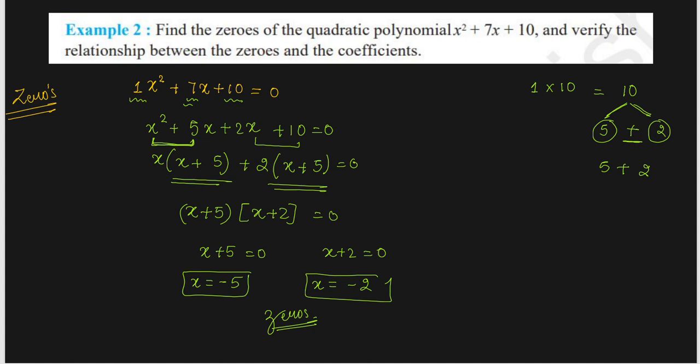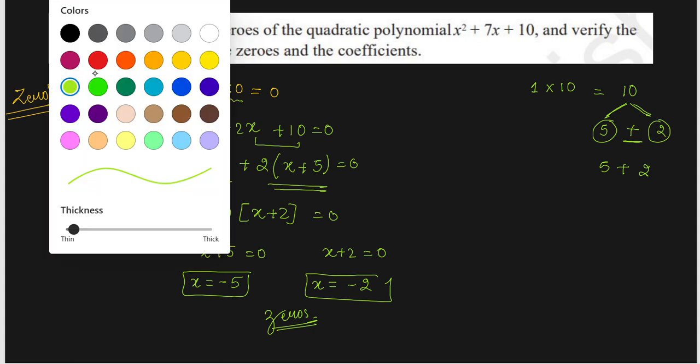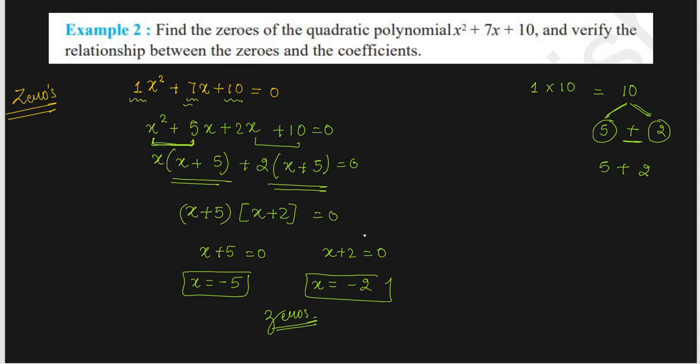I hope it's clear. Now, the next part is they're asking additionally, which color to use? Let's choose sky blue. Yes. And now you have to verify the zeros and coefficients. Verify the relationship between zeros and coefficients. So how are you going to write? First, you have to start with, in your boards as well, verification. Then you have to write, we know